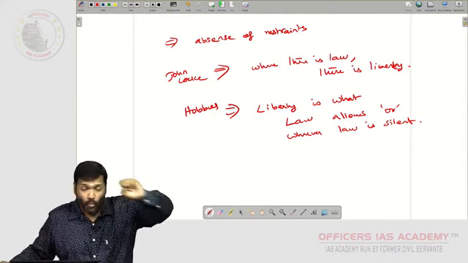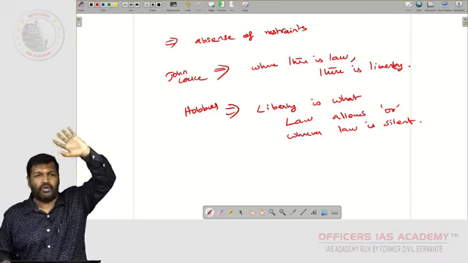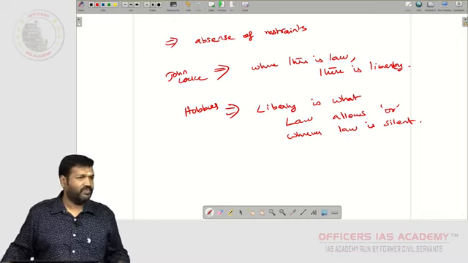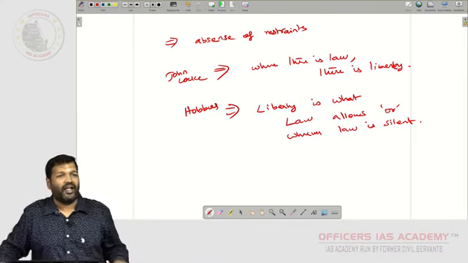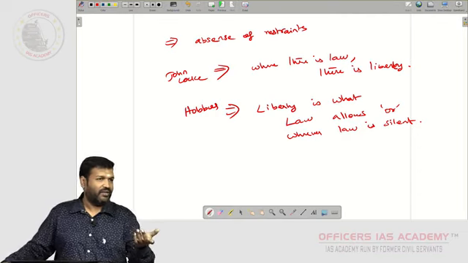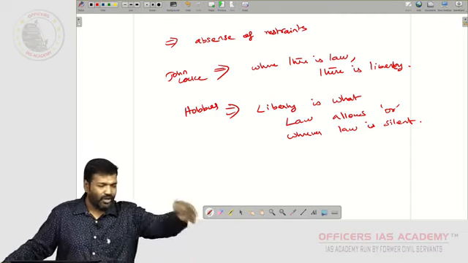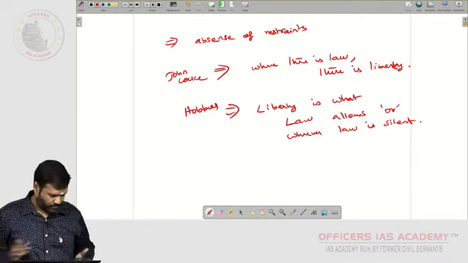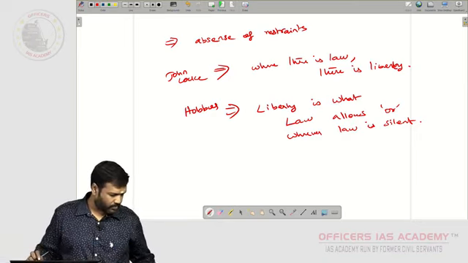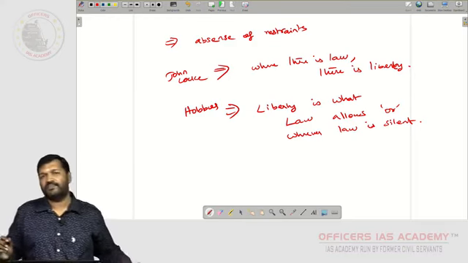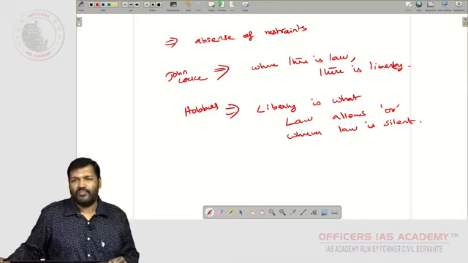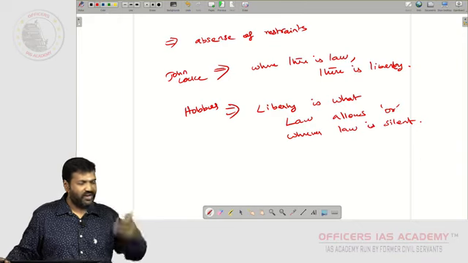If someone puts some restriction on you, immediately you will say, no, I am not free. Correct? If your father says, don't wear this dress, or we say, don't come with a t-shirt to the academy, then you will say, sir, what is this? You are taking away our freedom. You are putting some restrictions. So in the common man's mindset, liberty is: if some restriction is there, then there is no freedom. That is how we understand.